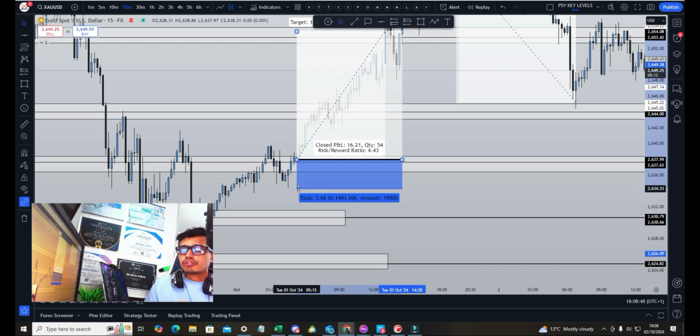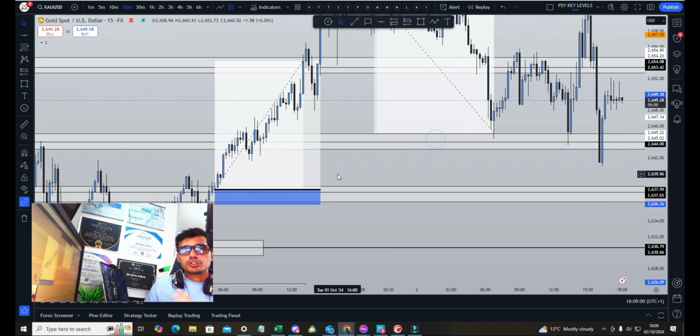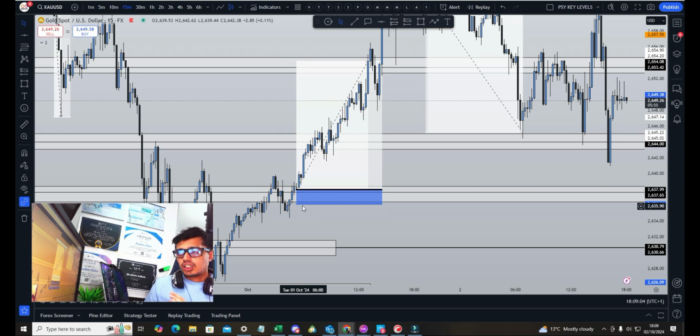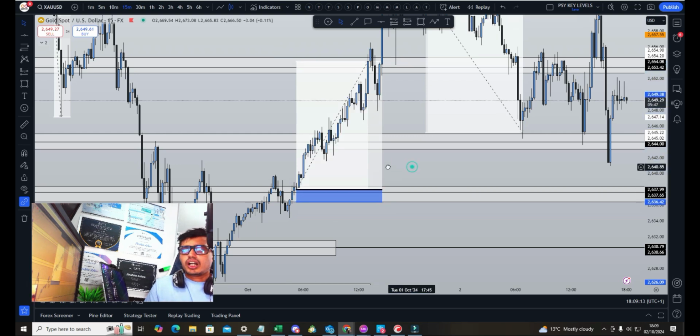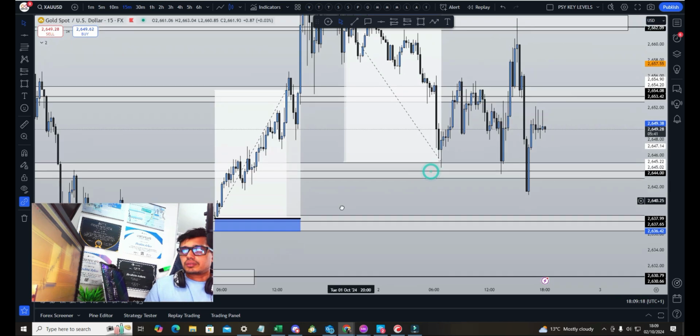No. So if I was entering with 1% risk on a 100k account, I'm risking 1,000. As soon as I've entered the trade, I quickly move my stop loss to half. Now I'm only going to lose $500, but I still gain that. Remember that 1 to 6? What was this again? I think it was a 1 to 5. So I'm still going to gain 5 grand, but if I lose the trade, I only lose 500. So in this case, it's a 1 to 10 risk to reward. So it's insane.